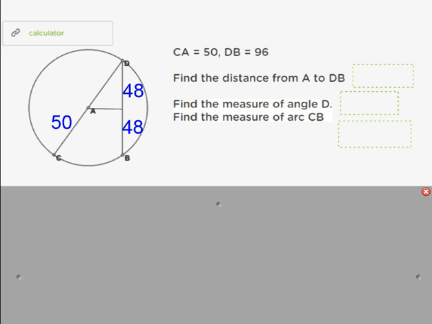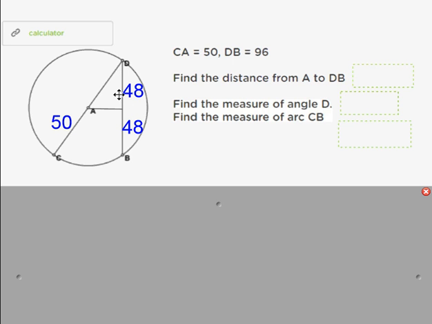So in this problem, we know that CA is 50 and DB is 96. And this should have a right angle marked on it, otherwise you really couldn't answer it. So assuming that's a 90-degree angle, which you shouldn't assume, but I'm telling you that it's 90, then the 96